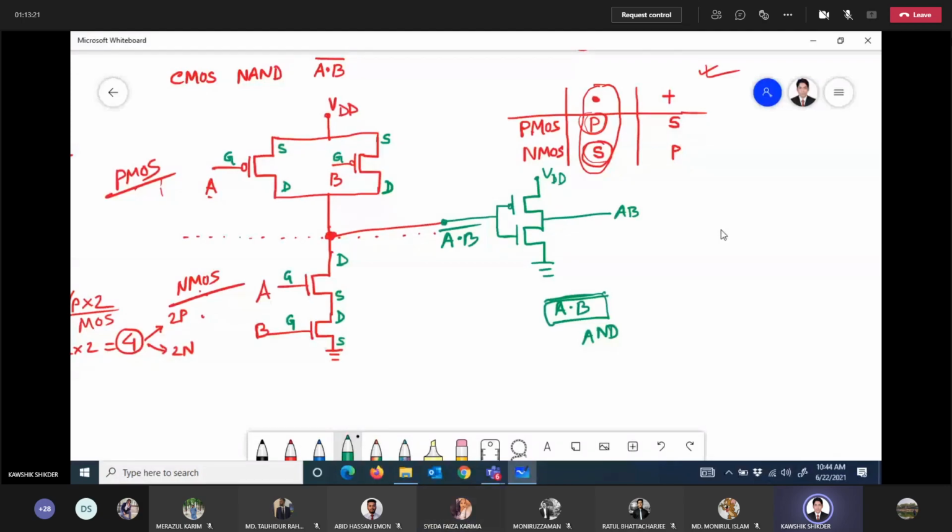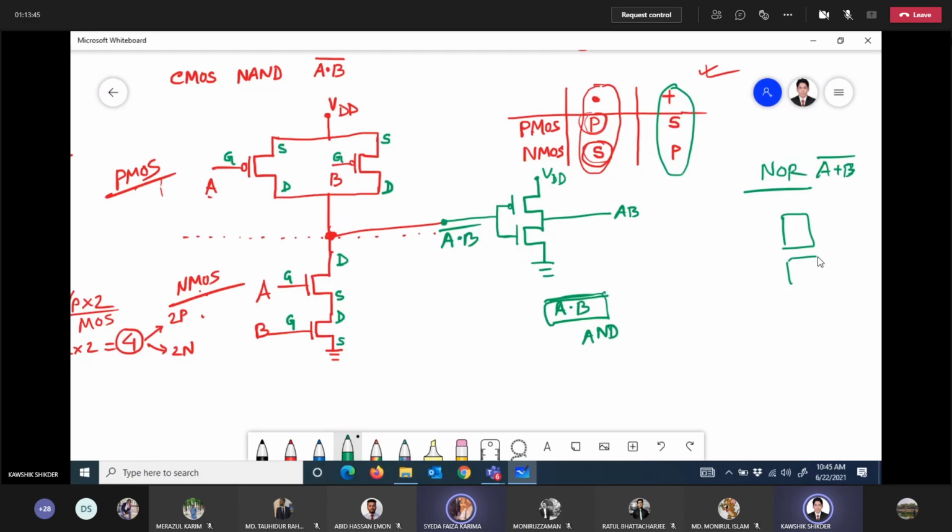Okay, sir. Now can you draw CMOS NOR? CMOS NOR, just follow this one. NOR means A plus B whole bar. Yes, sir. That means PMOS should be in series. This is one PMOS